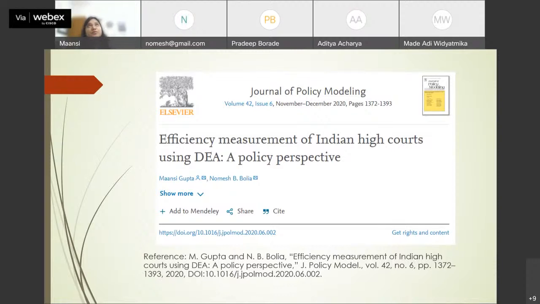So a typical way to measure the judicial performance, or the performance of courts or even judges, is clearance rate. A clearance rate is defined as the number of cases that are disposed during a given time period divided by the number of cases that are instituted during the same period. So in a way, if you think of the court system as sort of a factory, it's basically your output upon input.